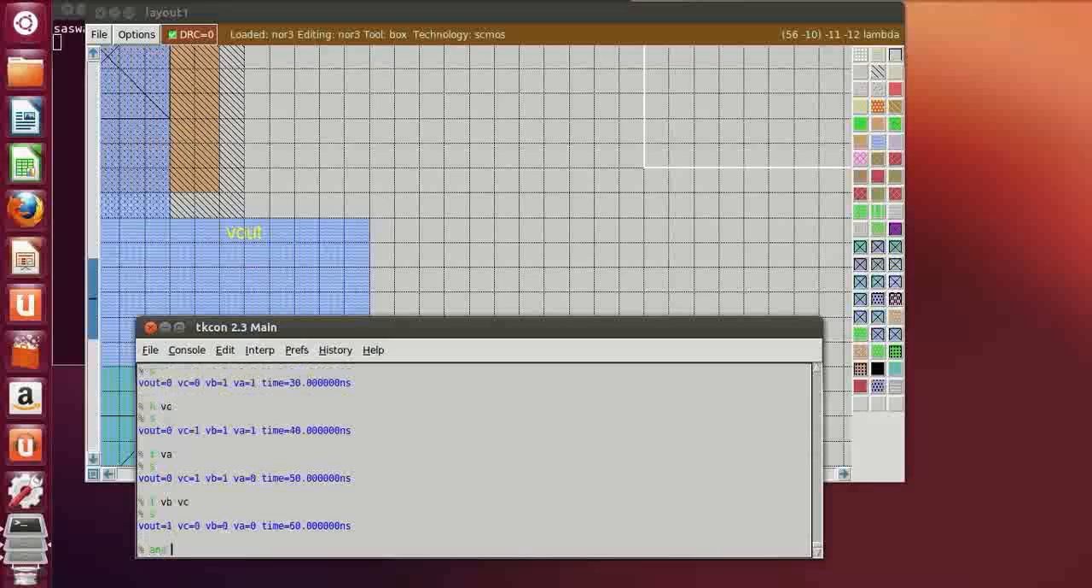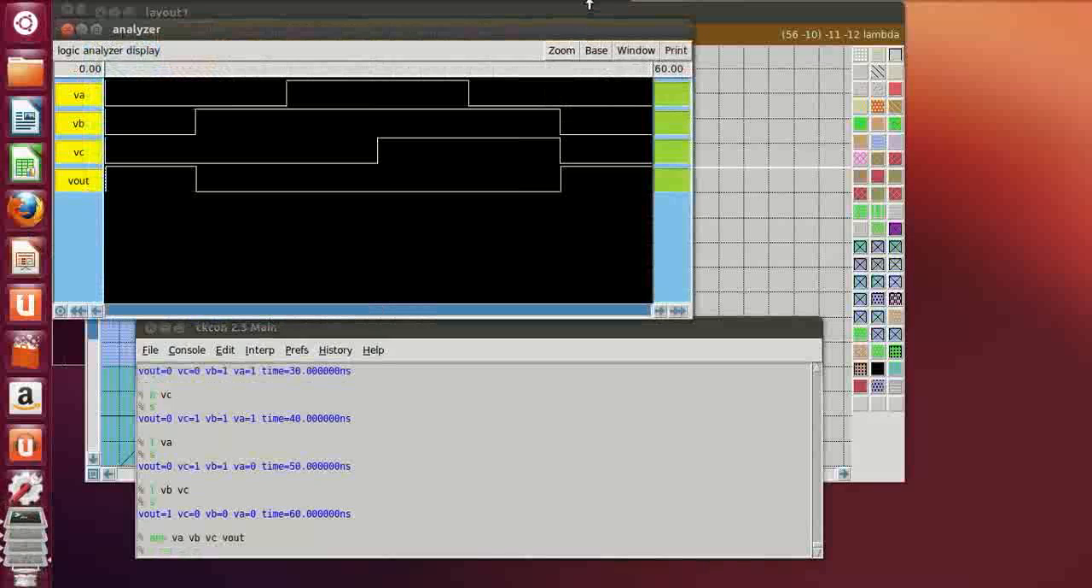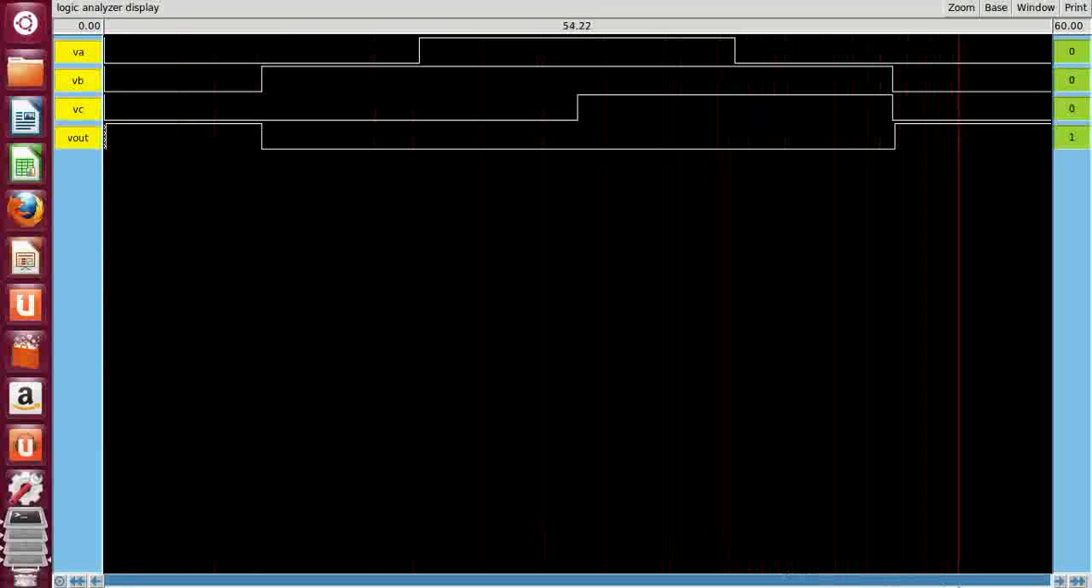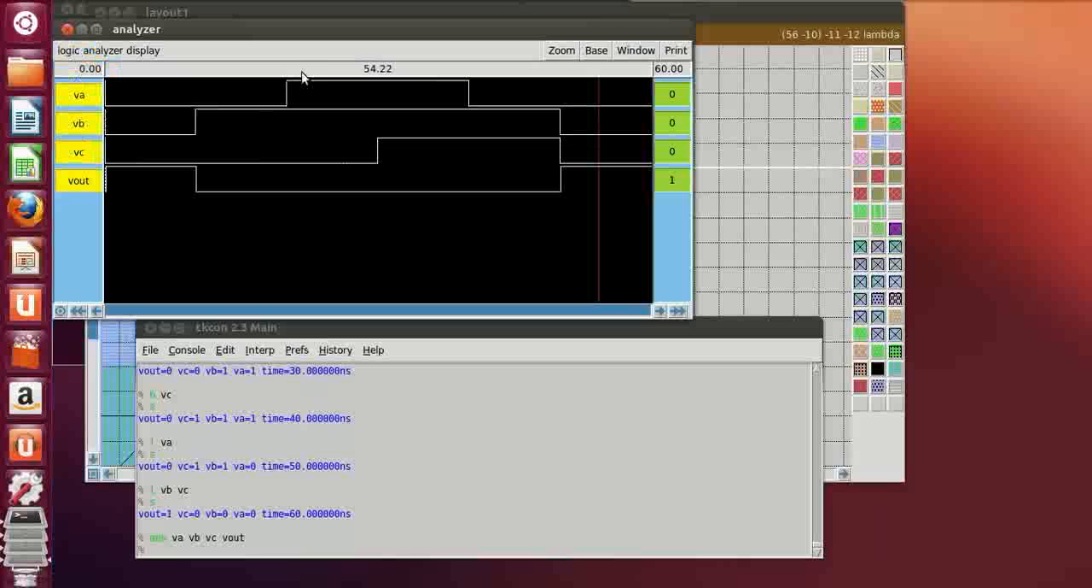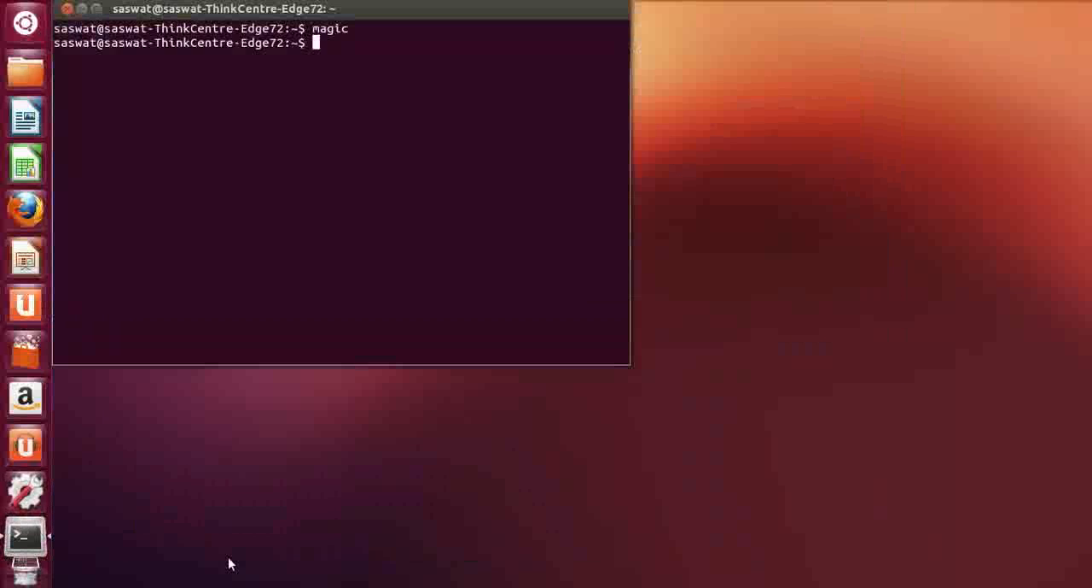If you want to see it in an analyzer, ANA, VA, VB, VC and Vout. You can see over here 0, 0, 0, output 1. In any other case where any of the input is 1, your output is 0. Again 0, 0, 0, output is 1. So this is the waveform of a 3-input NOR gate. If you want to exit, type exit. Want to see your layout again, type magic